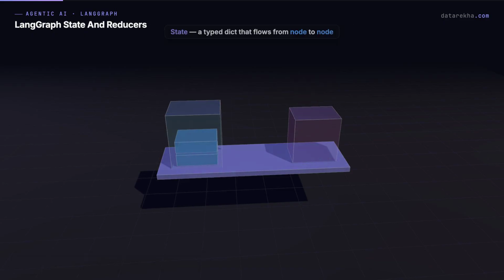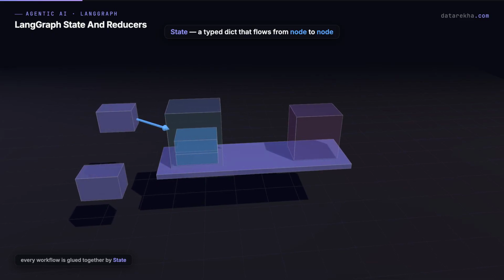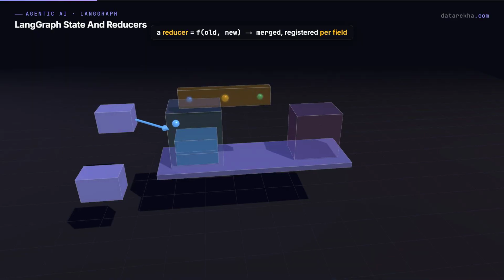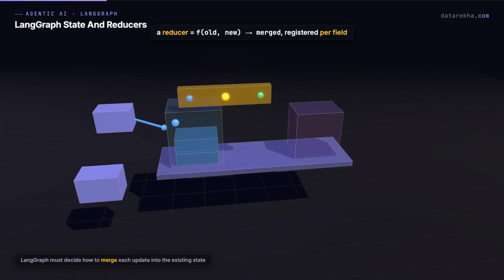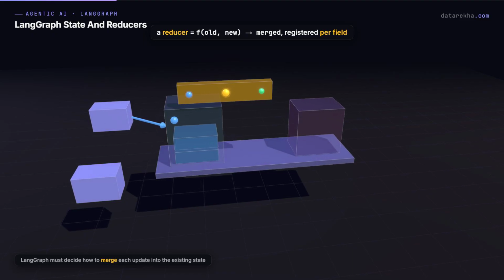Every workflow is glued together by state, a TypedDict that flows from node to node. When a node returns an update, LangGraph has to decide how to merge it into the existing state, and that merging logic is called a reducer, a function of old value and new value returning a merged value, registered per field. Picking the right reducer per field is one of the first real design decisions you make, so let's walk